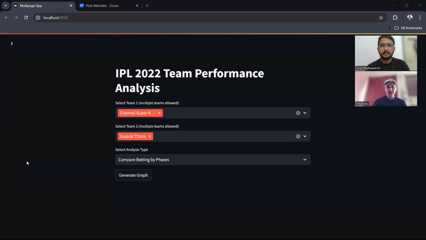So here we have a scenario. The head coach asked us to analyze the performance of the key players and the team, focusing on their strengths, weaknesses, and trends. Our goal was to find out what went wrong for CSK and suggest ways to help them improve for the next season, such as selecting the right players in the upcoming auction based